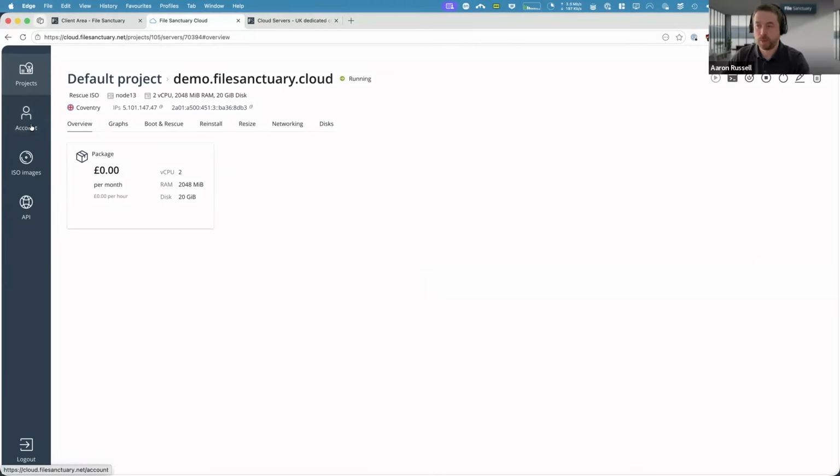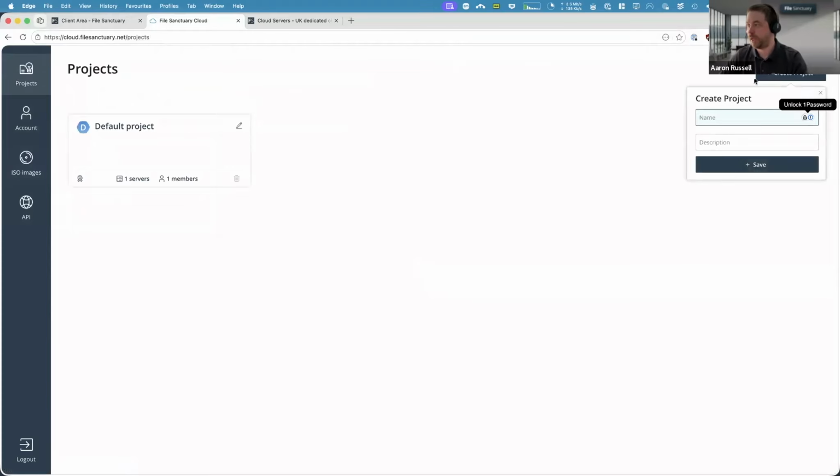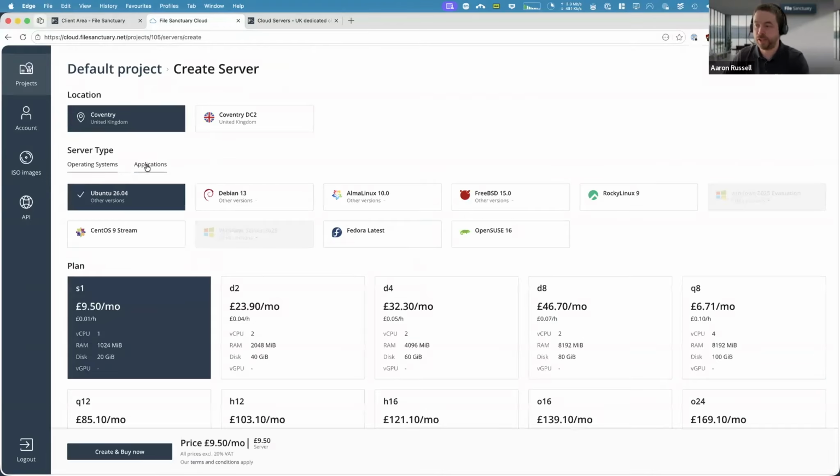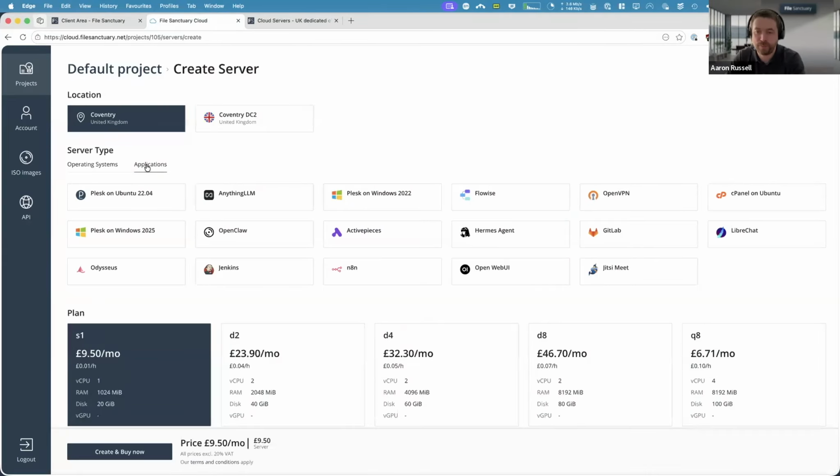So with our dynamic cloud platform, I mentioned we have a wide range of operating systems that you can choose from. But in addition to our operating systems, you can also choose from a range of pre-packaged applications. So if I click on applications here, you can have a range of things. Let's say you wanted an OpenClaw instance.